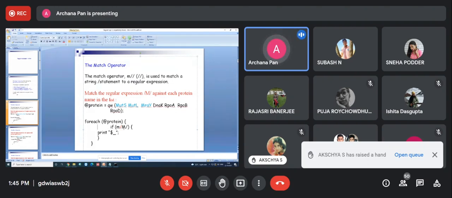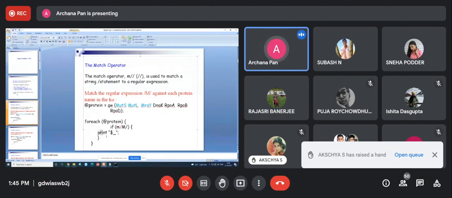Is there any capital M here? Yes, it is there, so it will print this name. The next element of the array is mutant. Yes, there is again a capital M. If I write only small m, is any small m there? No, so you will not get any match.